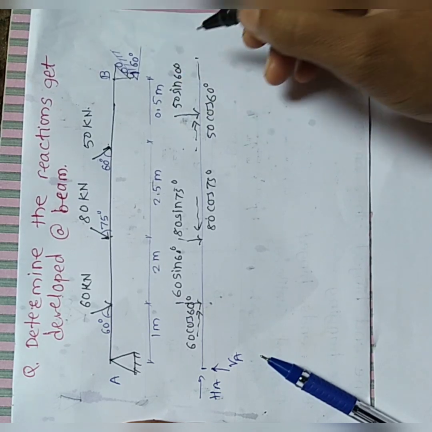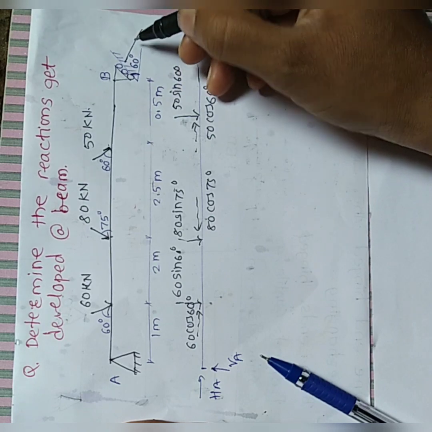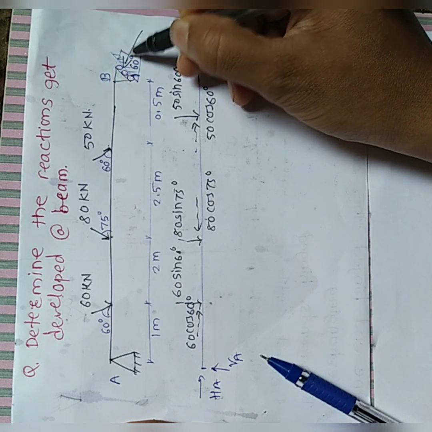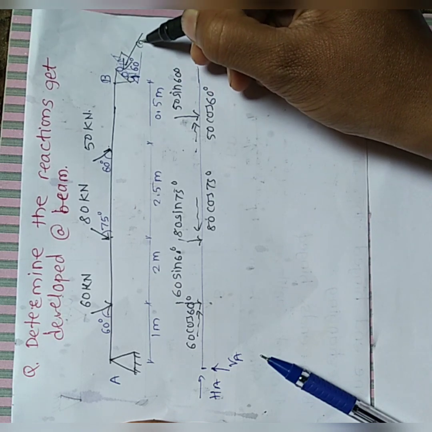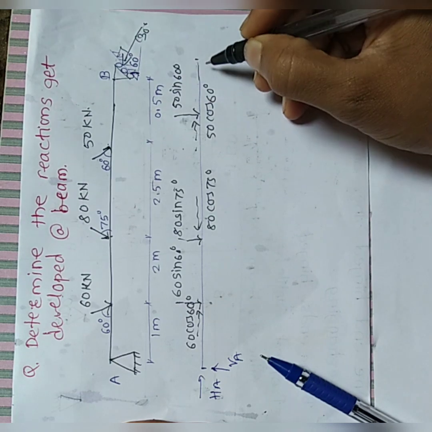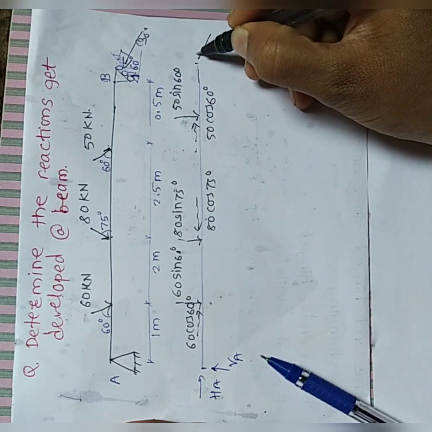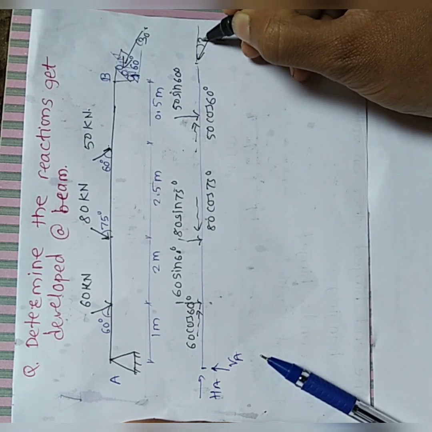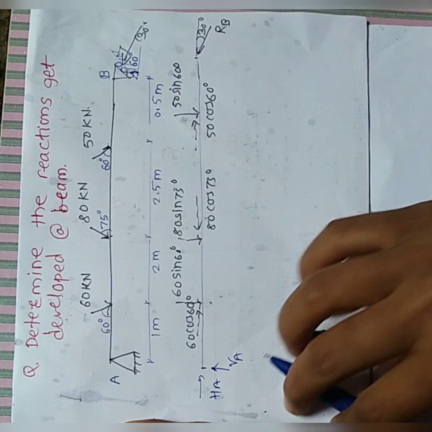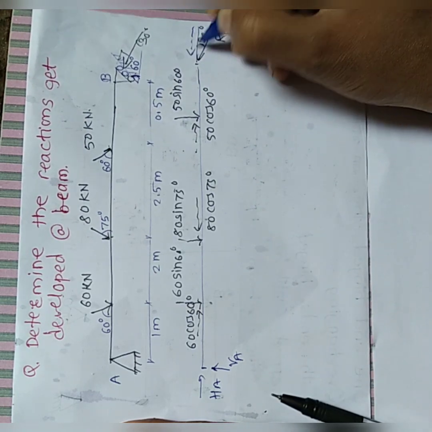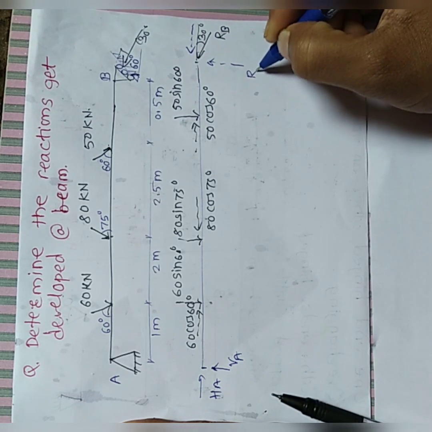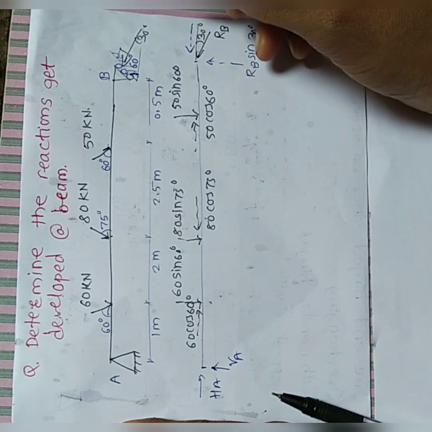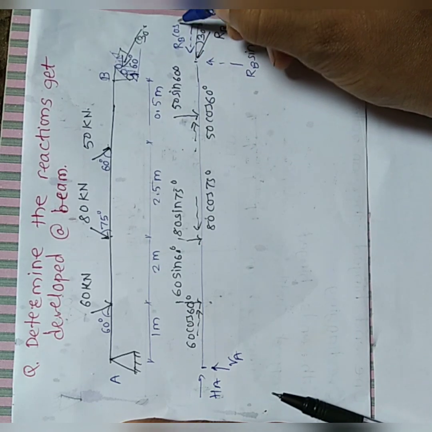And at point B, the reaction is like this. It is perpendicular to this particular face. That's why this triangle becomes 30, 60 and 90. This is the reaction, suppose RB, and it makes an angle of 30 degree with respect to the x-axis. That's why we have its two components like this. This is RB sine of 30 degree and this horizontal component becomes RB cos of 30 degree.